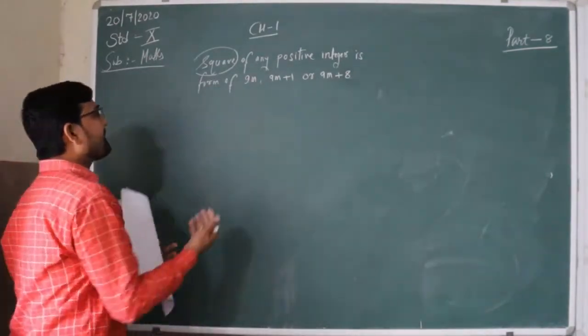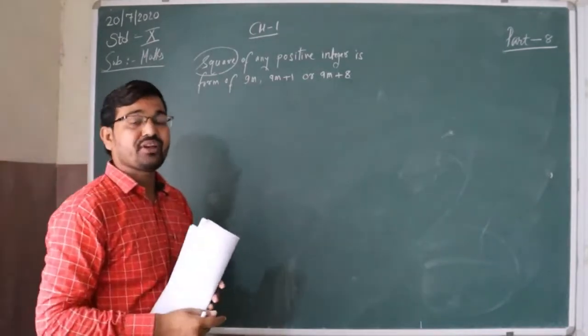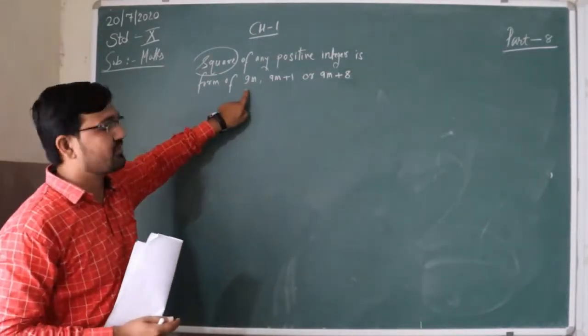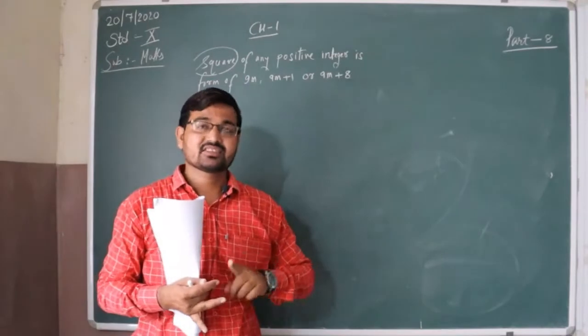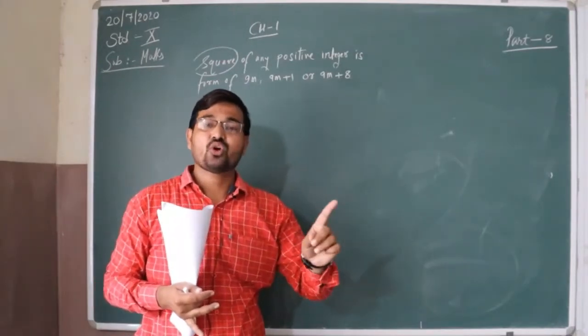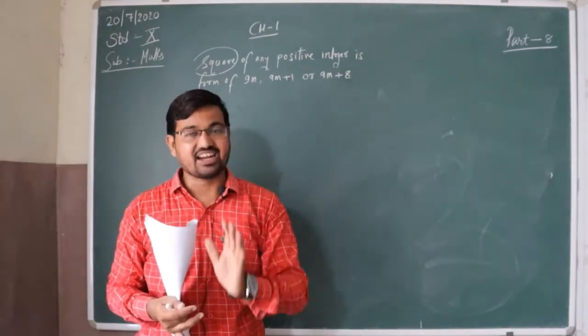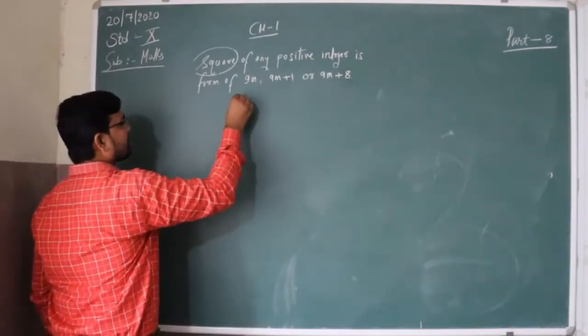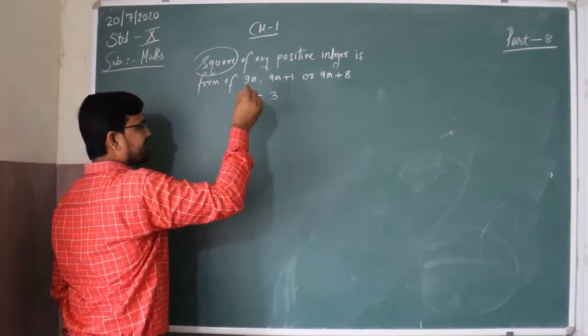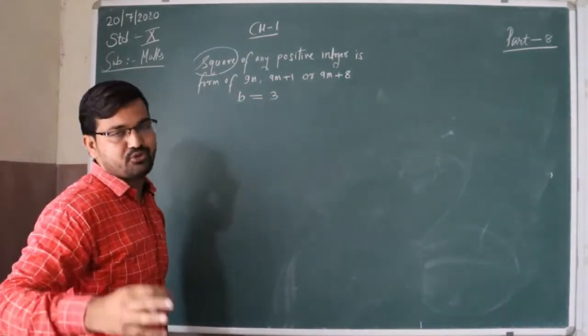That is also correct, but it is lengthy. So what can we do for that? We can find the factors of this 9. The factors of 9 are 1, 3 and 9. So we can choose any one out of them. What will we choose? We will choose 3, that is the convenient number. So here we will take b equal to 3. We can take b equal to 9 also, if you want.